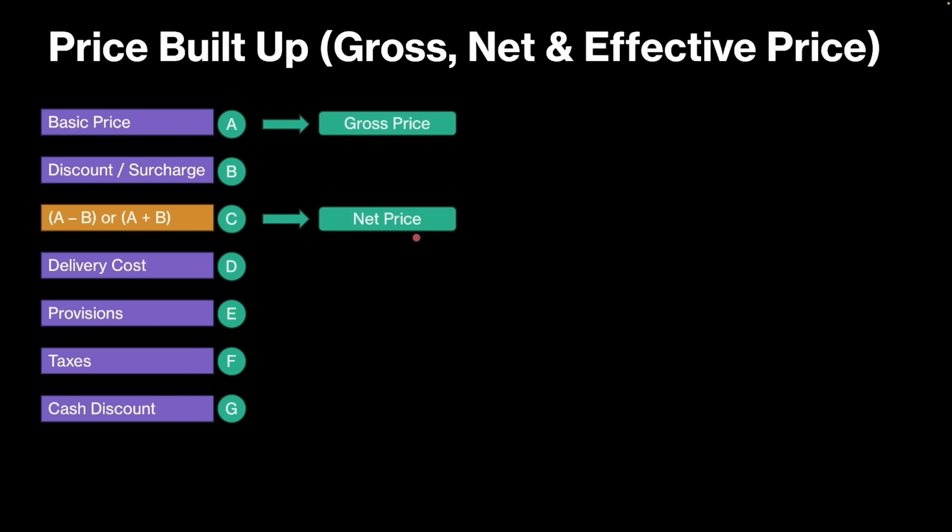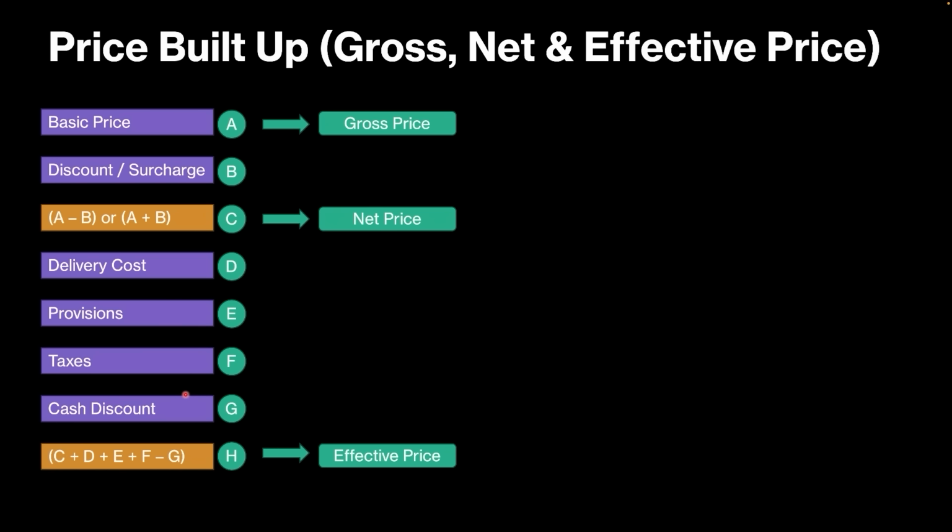And to this net price, if you add all these remaining elements, then you will arrive at something called the effective price. That is the price at which the material will be available in your warehouse, or basically the cost to company for that particular material. So you can see, once you add the net price with all these elements, then you will arrive at this